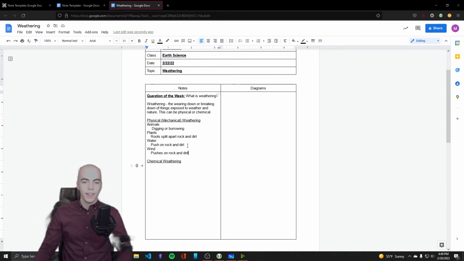And I want to go back to water for a second. Remember how I talked about how plants' roots are splitting the dirt and rock apart and how the water is just pushing on the rock and dirt? Well, what if the water freezes? Have you ever put a water bottle in the freezer? If it was filled up too much, it probably exploded. And if it wasn't and it didn't explode, it looked more full than it actually was. That's because ice is less dense than water. It takes up more space.